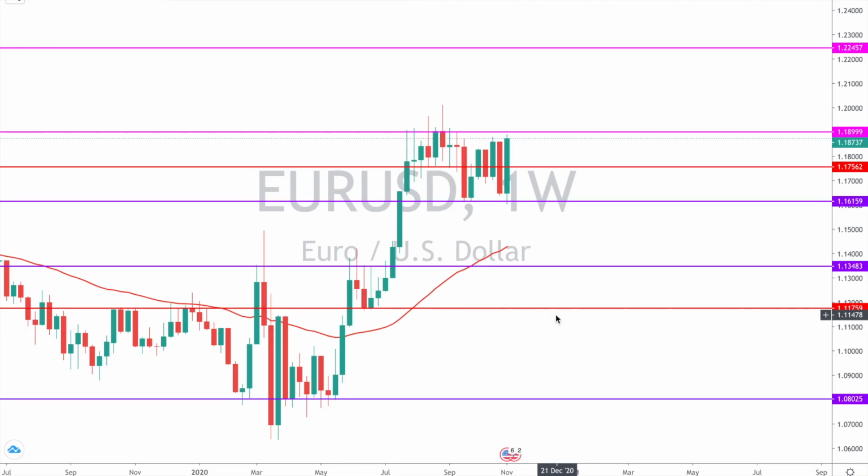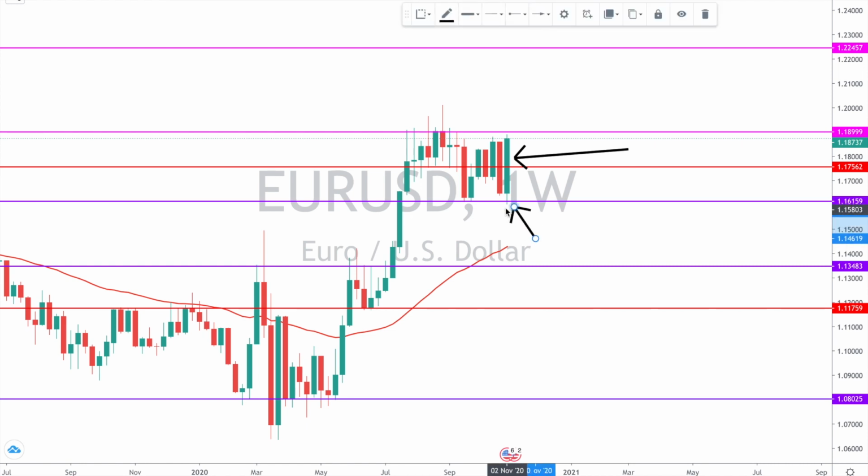So here's Euro-Dollar weekly time frame. And as you can see, this week we closed on this massive bullish engulfing. We tested our weekly effective support right here with this wick, and then price proceeded up, since this level represents a strong demand zone. In addition, we can conclude that our daily effective level, which is located right here, right now